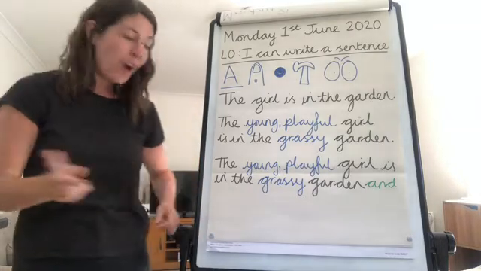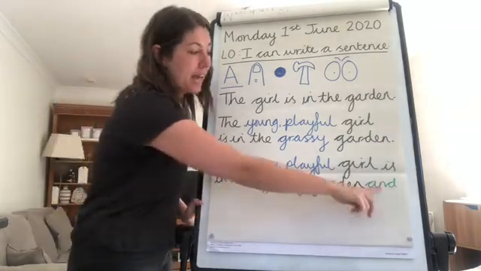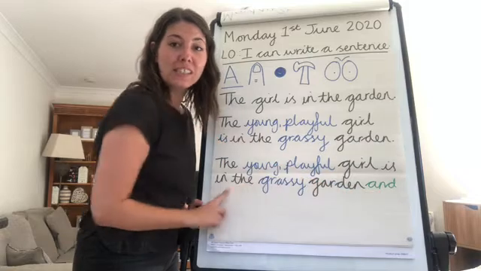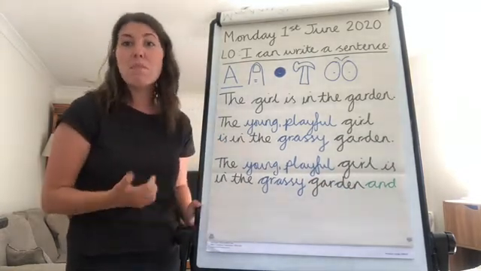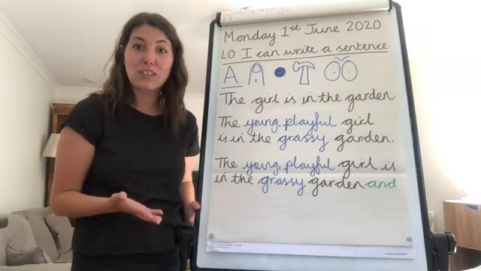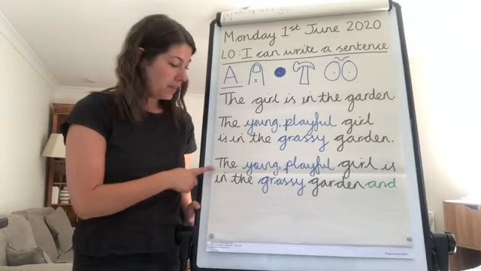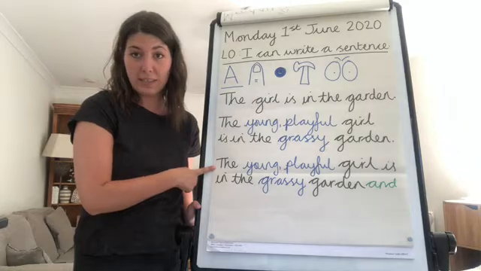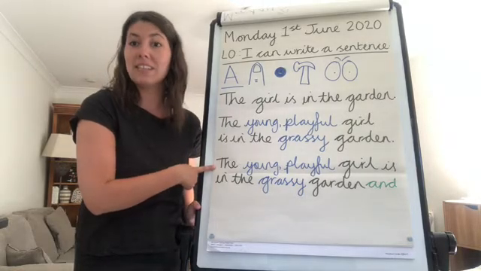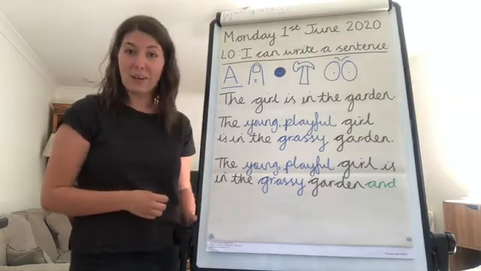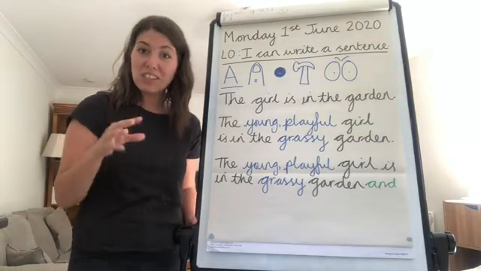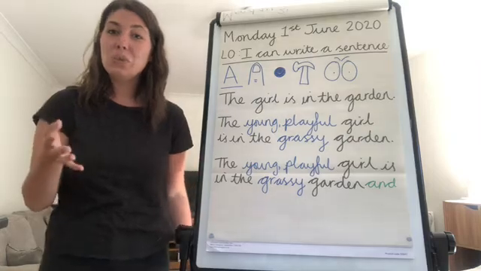To help you, I've already written my sentence again with and ready for you to add the extra clause on the end. Remember, when we're using and as a conjunction, we have to make sure the sentence before the word and, or the clause before, makes sense on its own, and then the rest afterwards also makes sense on its own. So I'm going to leave you with that challenge,